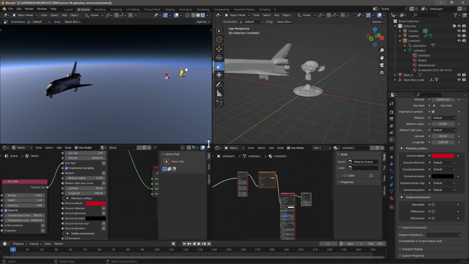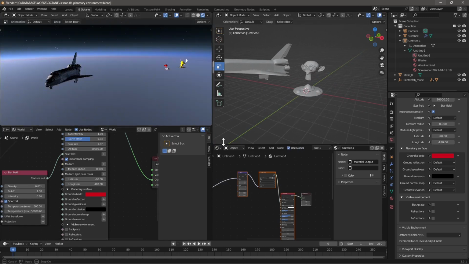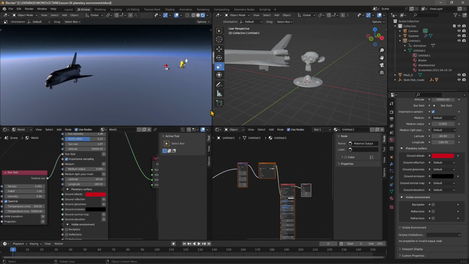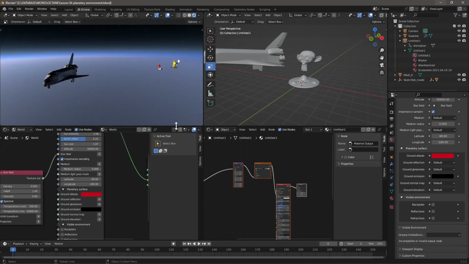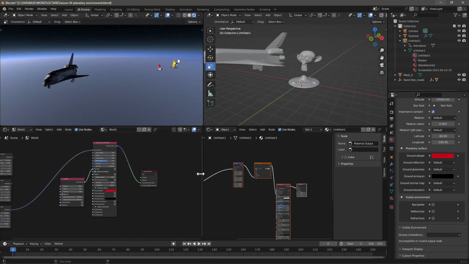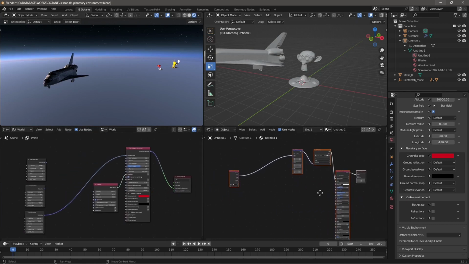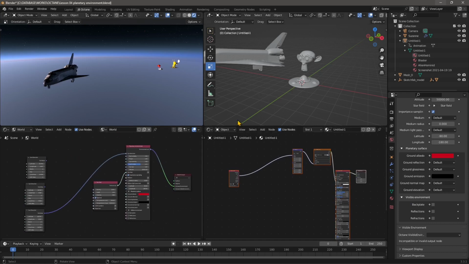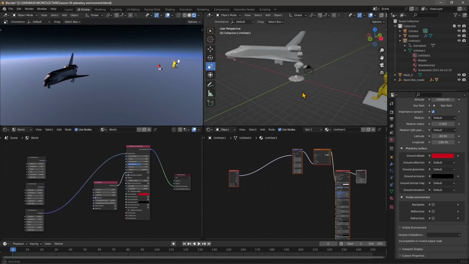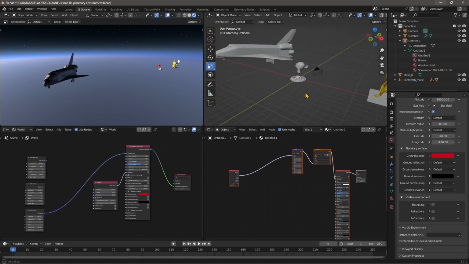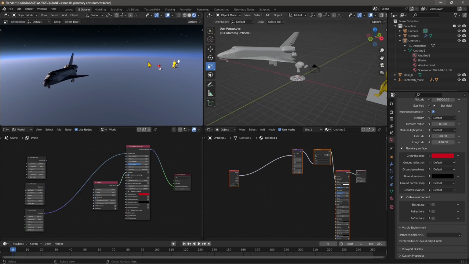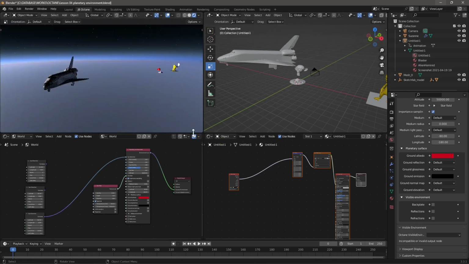And down there we have the world properties, which is one of the most important shader editors, and also the object shader editor, and this is to manage the materials and the lights also. So we're gonna see that working with light, we're gonna use these panels down there a lot, which are basically the shader editors of Blender, as we already saw also previously,